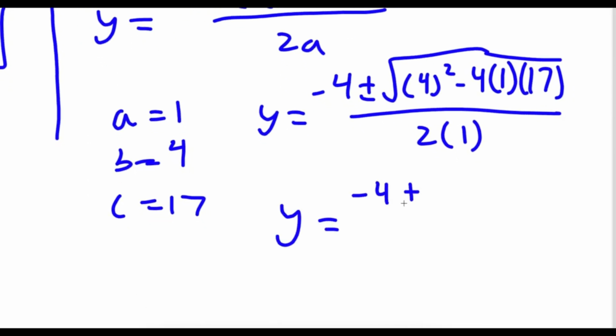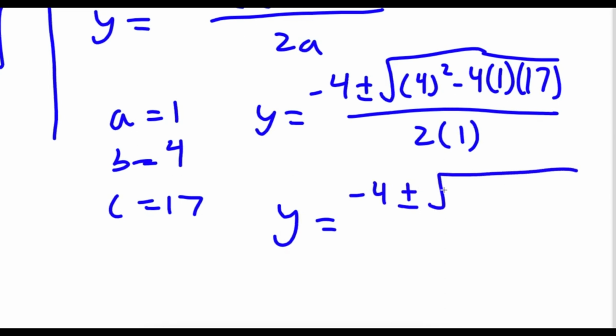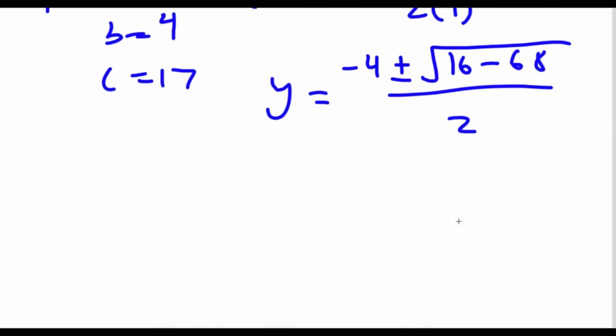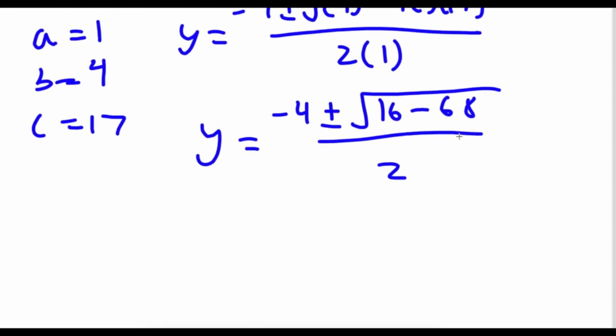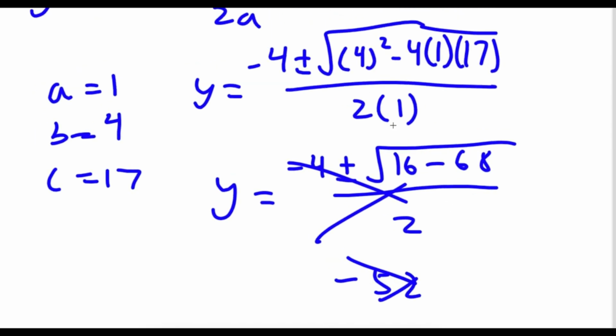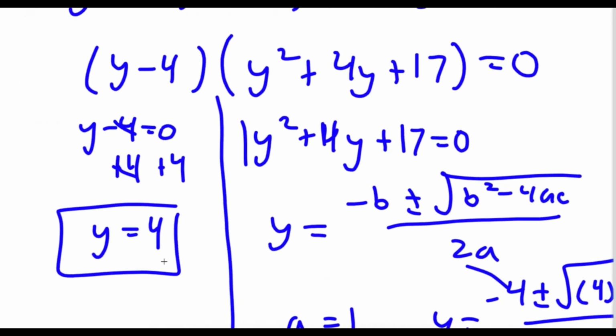Now I have negative 4 plus or minus the square root of 4 squared, which is 16, minus 4 times 1 times 17, which is 68, over 2 times 1, which is 2. Now 16 minus 68 is going to be negative 52, which is a negative number. And you can't take the square root of a negative number, so this is false, meaning our only solution of y